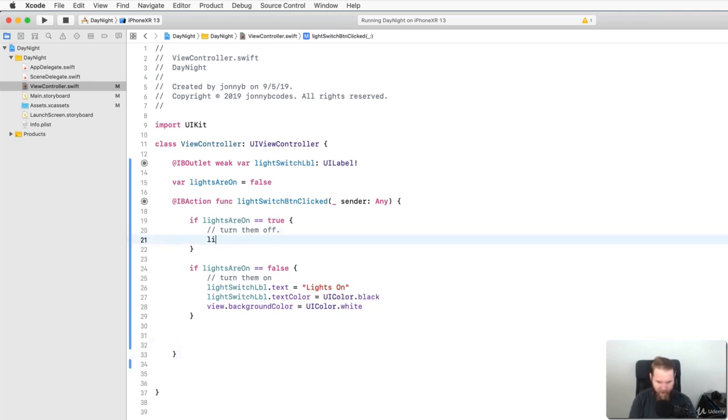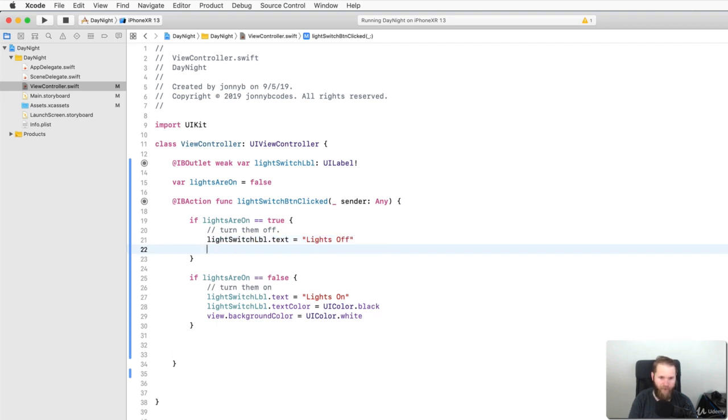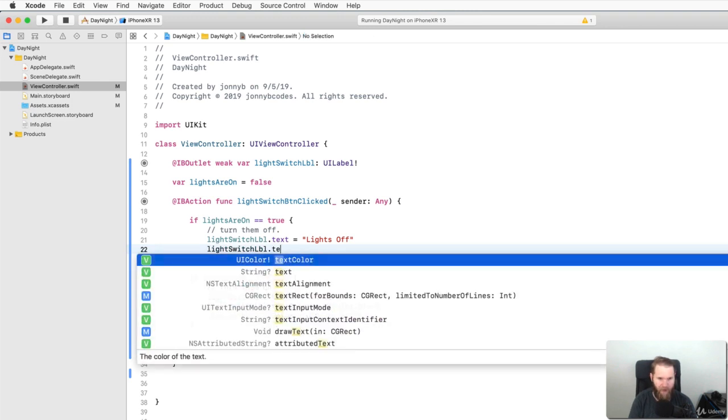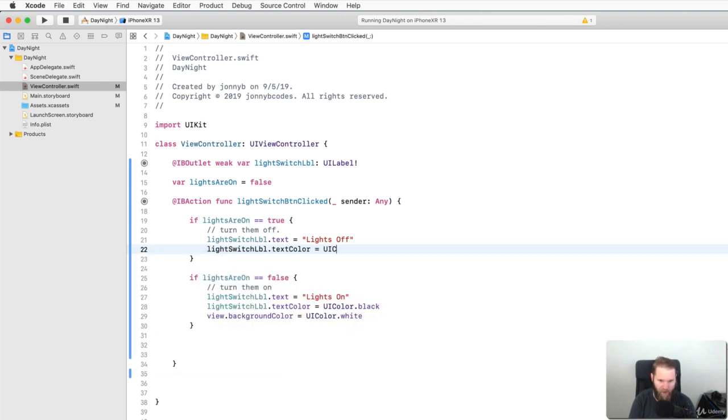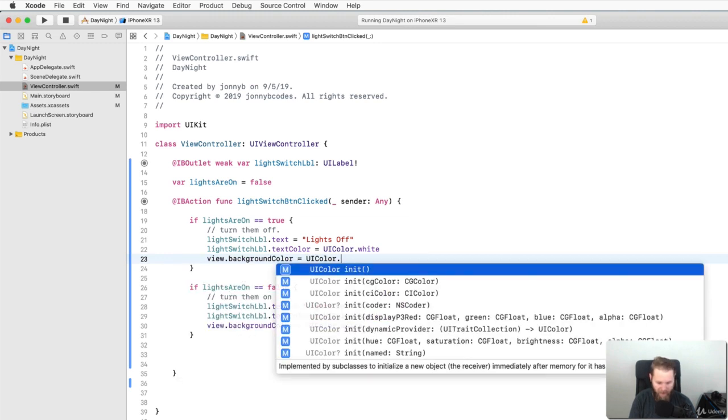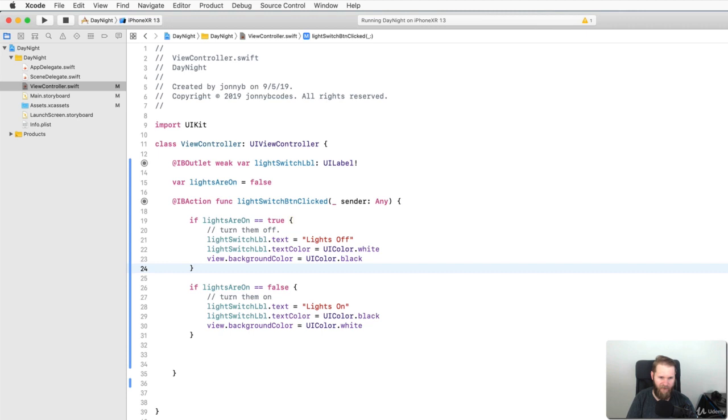So for that we say lightSwitchLabel.text is equal to "Lights Off". Then we're going to say lightSwitchLabel.textColor is equal to UIColor.white. And then we're going to change the view.backgroundColor equal to UIColor.black. Very good. Now the final thing that we need to do is, like I said, we need to keep track